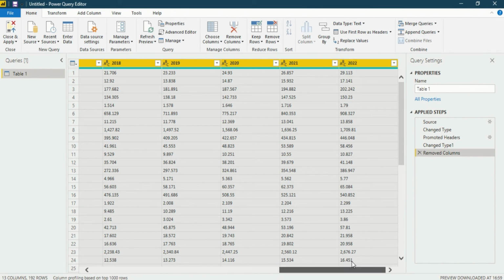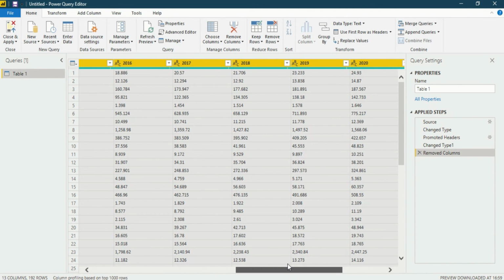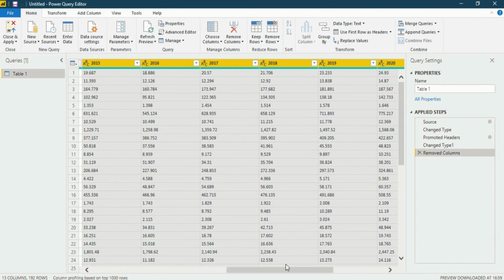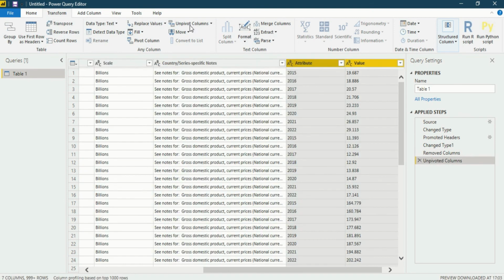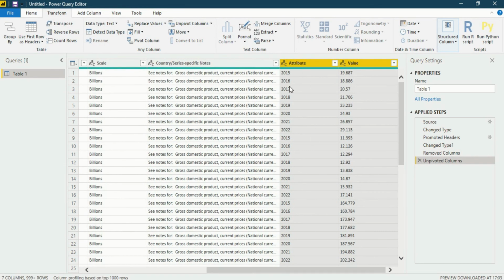So now the question arises, how to convert these multiple columns into two columns. That is also quite easy. You have to go into the Transform tab. In the Transform tab, you have to use the Any Column features. In Any Column, you have to go to Unpivot Columns. When you click on Unpivot Columns, you will see it is converted into two things, one is Attribute, the other is Value, which is quite wrong as a title, but the work is correct.